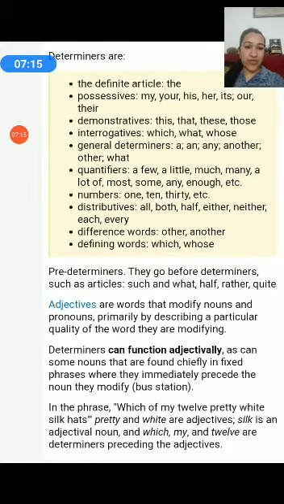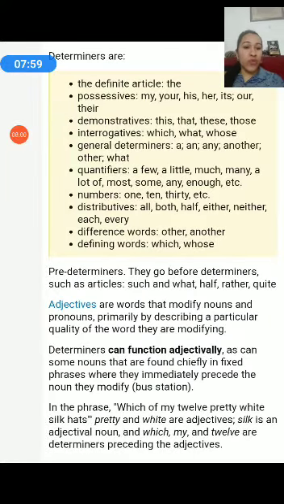Many websites will tell you that determiners and adjectives are totally different. But according to Old English, the rules that we followed earlier, we placed adjectives under the category of determiners as a subtype of determiners. So you can simply understand that the 5 categories of adjectives, which 5? Demonstrative, possessive, interrogative, distributive, and quantifiers are all under determiners. It's the same thing. You can call that word determiner. You can call that word adjective.